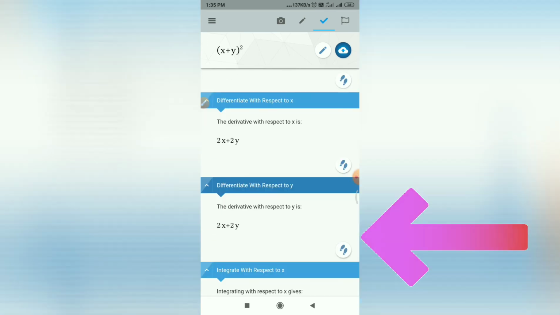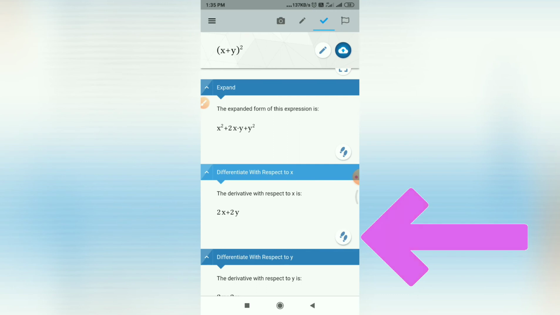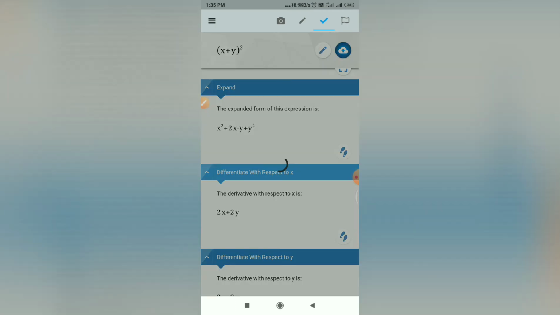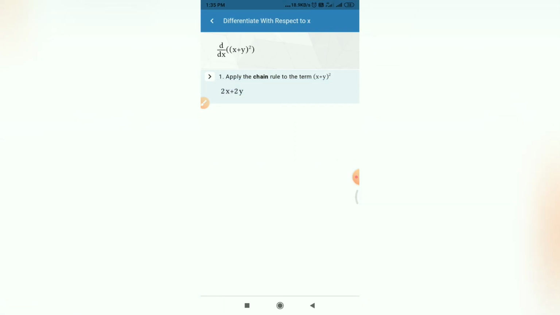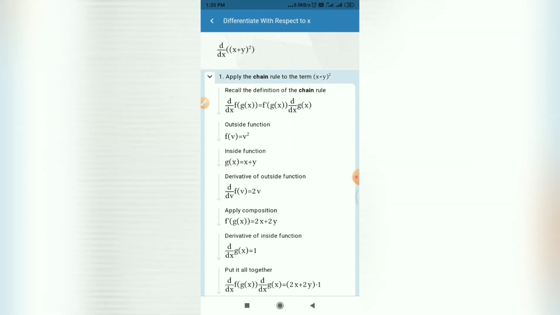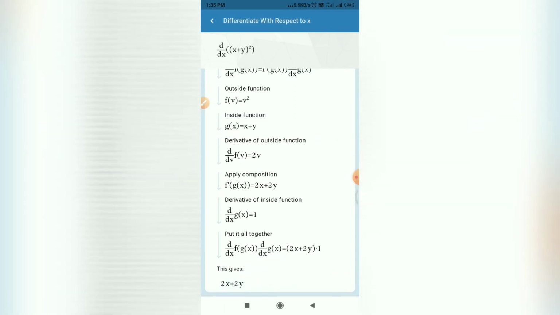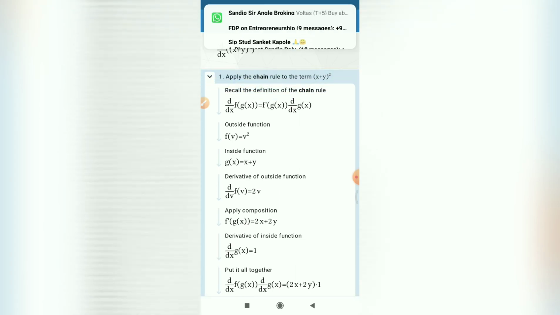For example, I want to know how we got this answer for differentiation with respect to x. Simply I will tap on the steps. Now you can see it is showing all the detailed steps, which formula we have applied, what different steps we have taken, and how we actually got that answer.